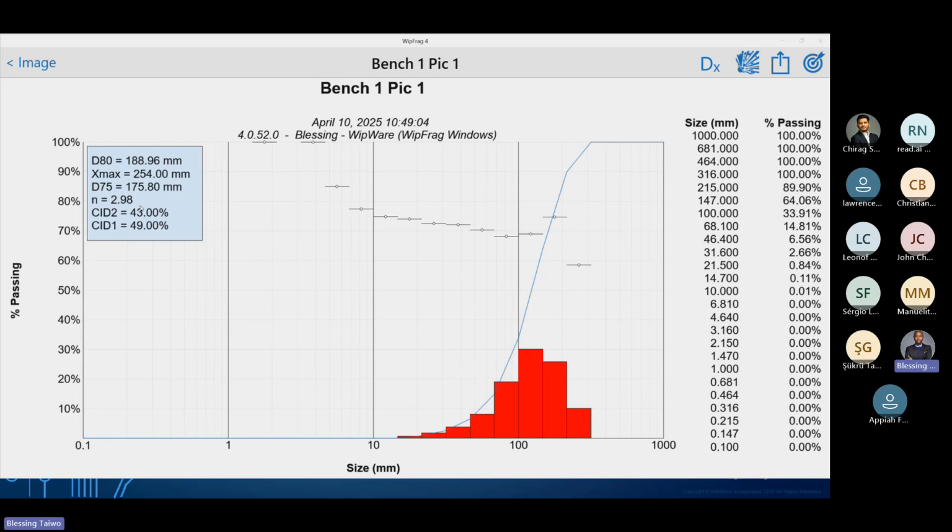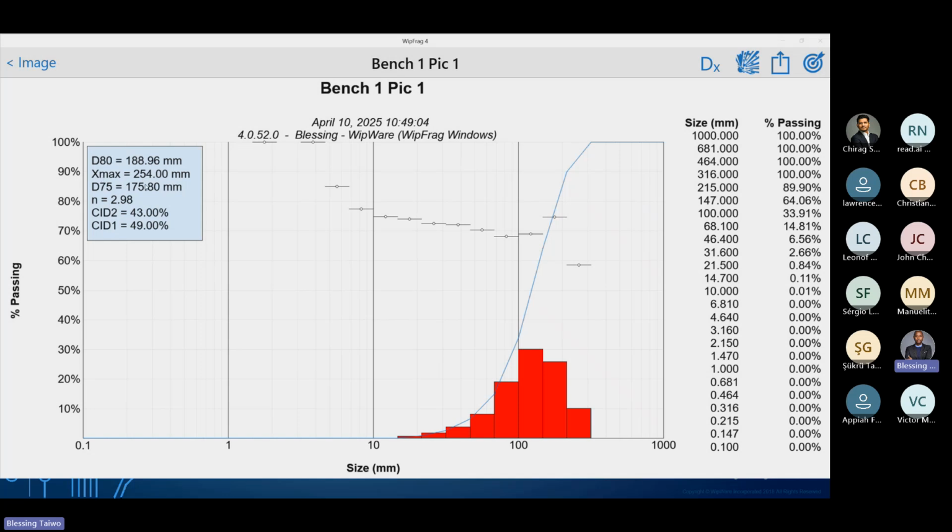How do you use the X max? You use the X max to check if you are using the right burden and spacing. You want to make sure that the X max that you are getting from this report is smaller than your spacing or your burden. If you are getting an X max that is bigger than your burden and your spacing, that means the strength or the explosive energy, the wavelength that is generated from your explosive within the burden and the spacing, is not sufficient to fracture the rock in between each hole. Then you want to adjust your burden or spacing.